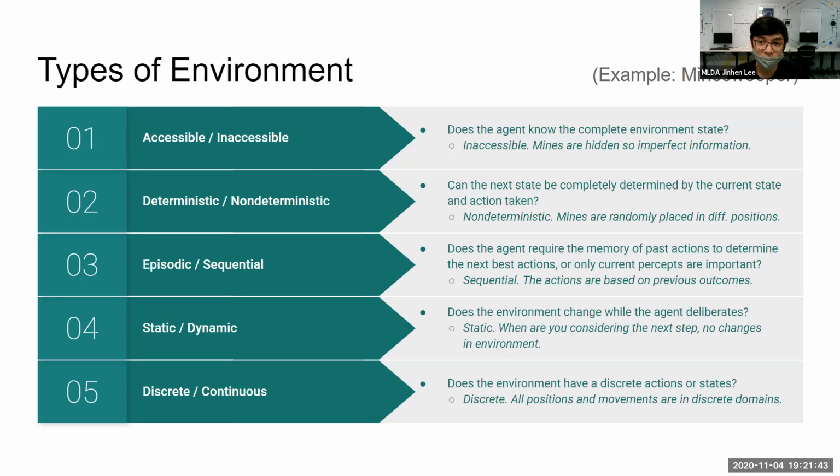Environments that are not sequential, like episodic, are normally randomly assigned. So one example will be, what is that thing called? Slot machine. Yeah, a slot machine. Regardless of how you play it this time, the next round will be different. And maybe even detecting anomalies in the MRI. This one, the previous image that you detect will not affect the next image that you detect. So that's why in those cases, they are episodic. But if you're talking about a game environment, most of the time it's actually sequential.